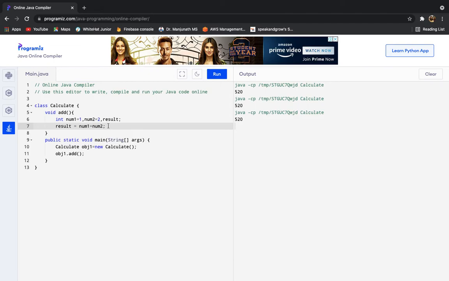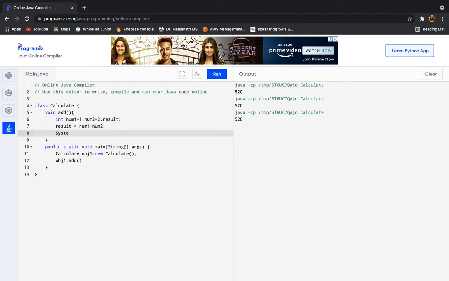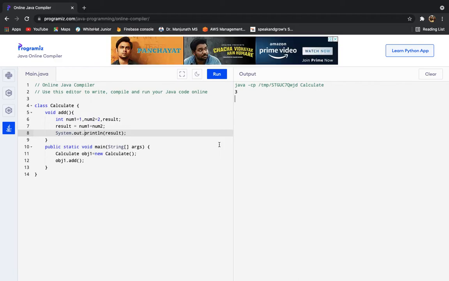Now let me just print it so that we can know what has been calculated. Now let us see, I hope everything is right. The output is 3 as expected.